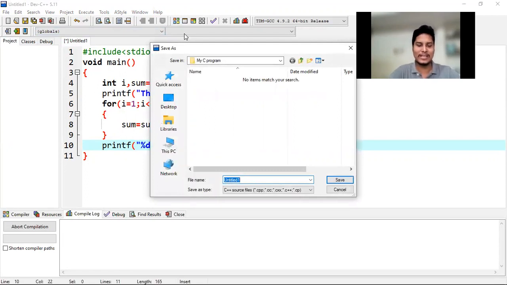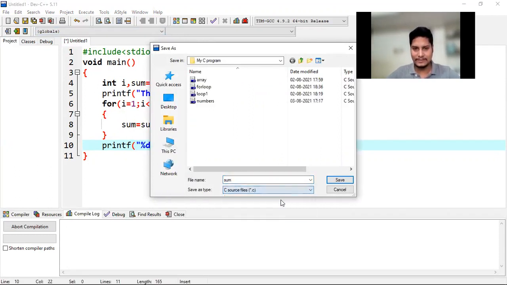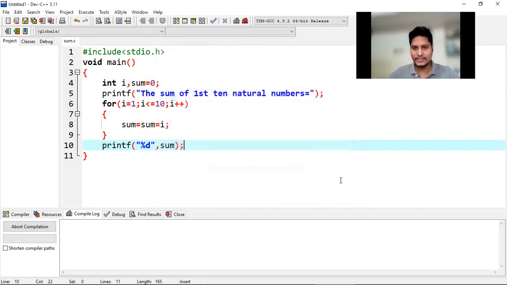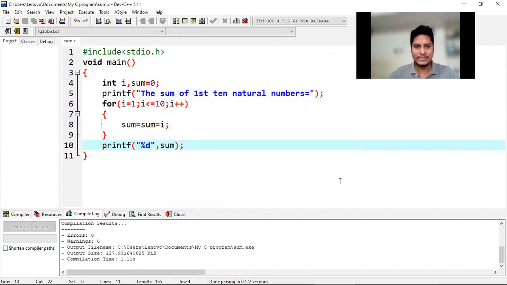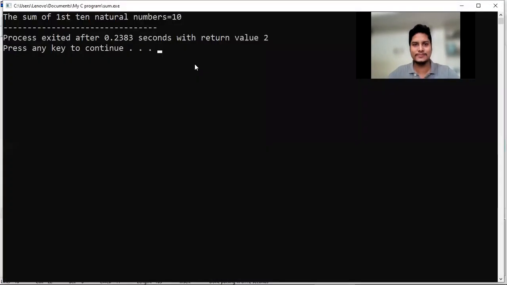So I am saving it with the name sum, and the save as type is C source files with .c extension. Now my program is saved and the compilation result has come. The errors and warnings are 0. Okay, that means my program is correct. So now execute it. You can see the sum of first 10 natural numbers is equal to 10.